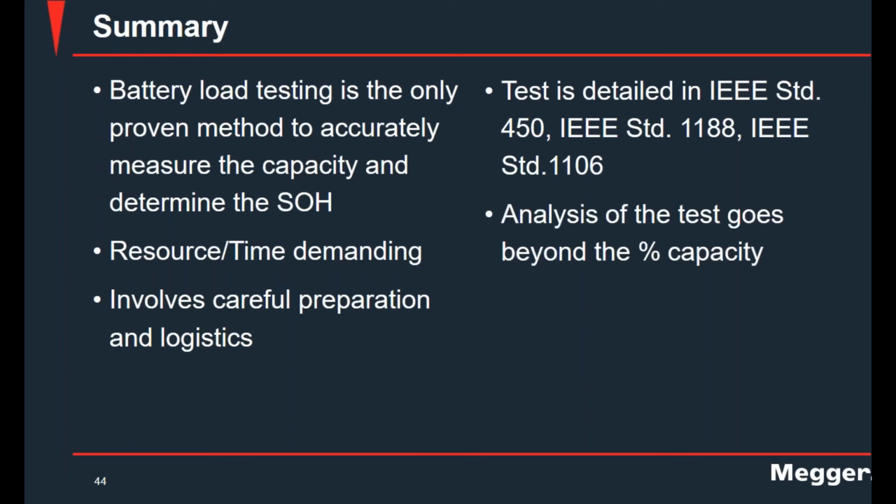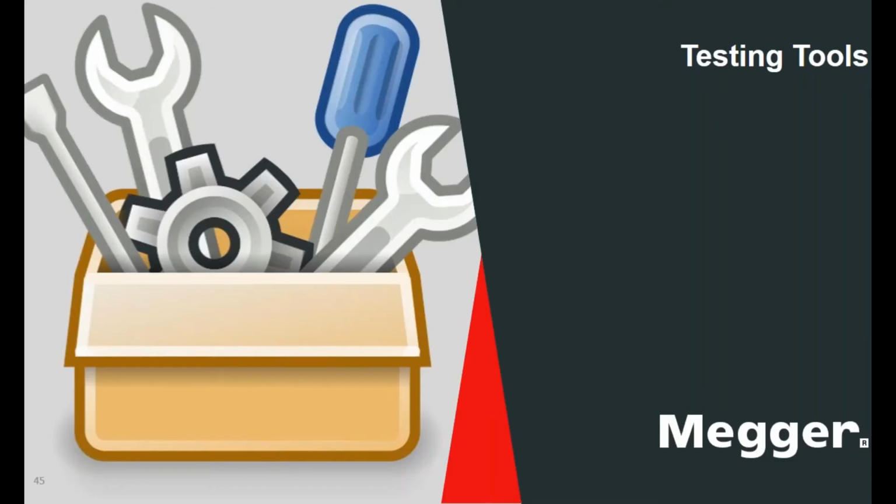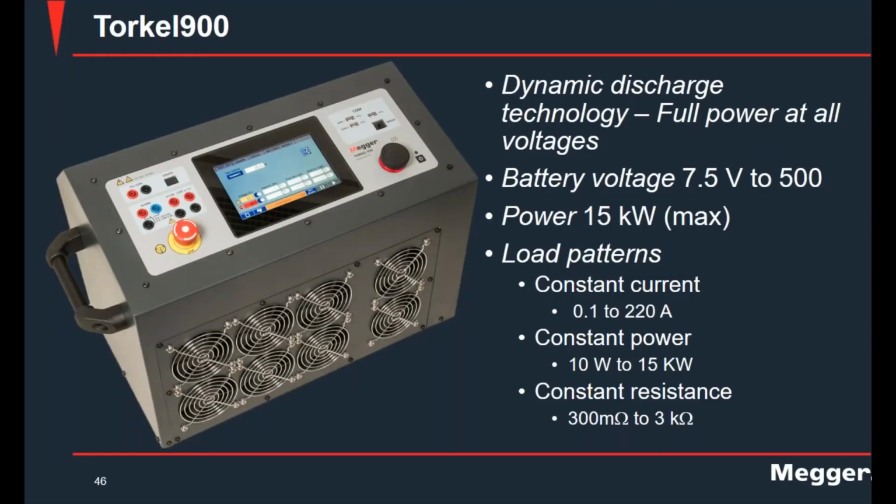So, what tools can you use for the test? Load bank: in our case, we have the Torkel 900, which is an instrument with a dynamic discharge technology that provides full power at all voltages. The minimum voltage it can test is 7.5, and the maximum voltage you can connect the instrument to is 500. The dissipation capacity is 15 kilowatts, which gives you the ability to go to currents of up to 220 amps,